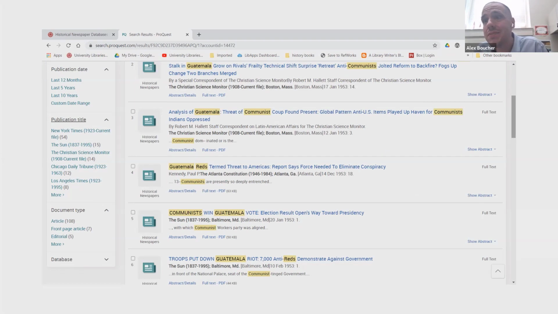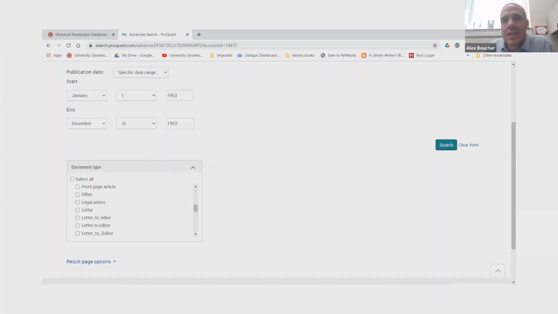So you can search for a specific newspaper. Like, okay, I've done this search, but all I really care about is the New York Times because I'm doing a specific study of how this one newspaper covered this event. You could just click on New York Times and that gets rid of every other article. You can also do article types. In this case, you could look for an article, a front page article, or an editorial. And really, there are even more options for that back on the main advanced search screen.